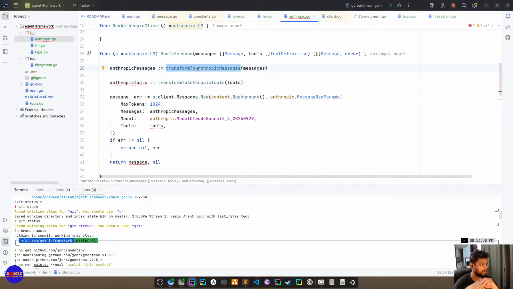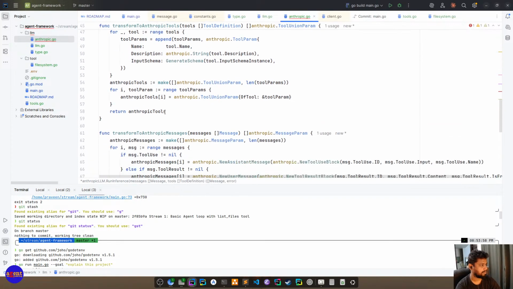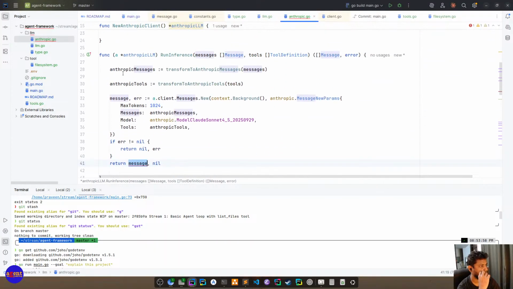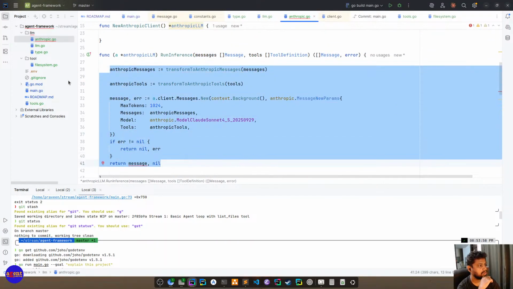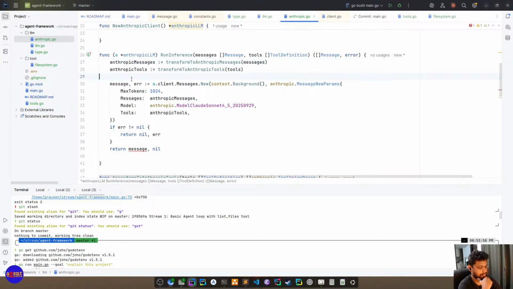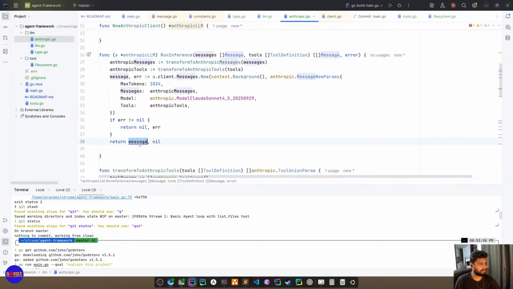We have to convert them back into messages. Tools. Okay. The final thing remaining here is to convert the messages back into generic messages, right?